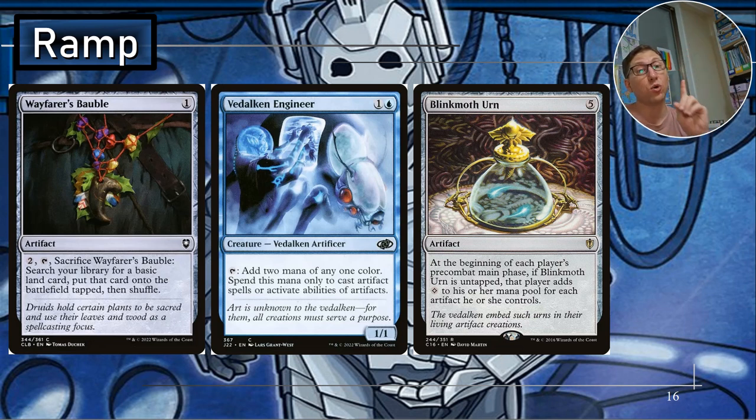Remember, that mana is only there for the pre-combat main phase. At the end of every phase, you lose all of your mana. Your mana pool empties out. So you do have to use it during your pre-combat main phase, but still incredible, right? All of those Cybermen suddenly are like mana dorks you don't even have to tap to get the mana for. Oh, and if it's tapped, it doesn't give the player...